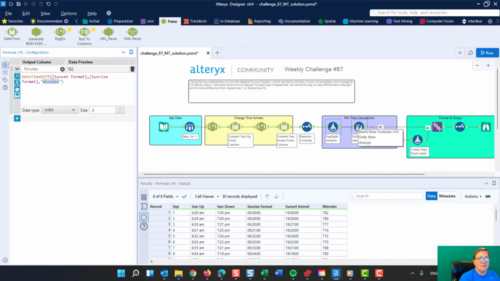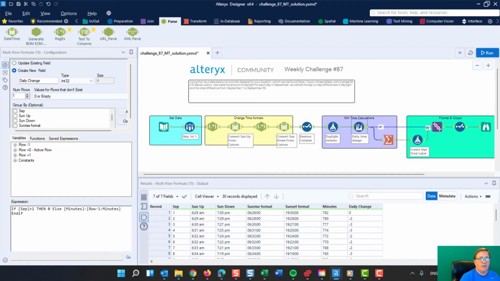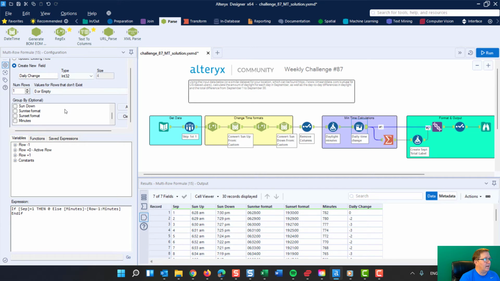Now what I want to know is how many minutes does it change each day? And that's what this column now does. So if you notice the difference between the 82 and the 80, minus 2. The 80 to 77, minus 3, etc. Here is the formula. We're using a multi-row. Very simple formula. I created a new field and called it daily change. And I don't need a grouping in this case. I have used group in other videos. In this case, I'm saying if